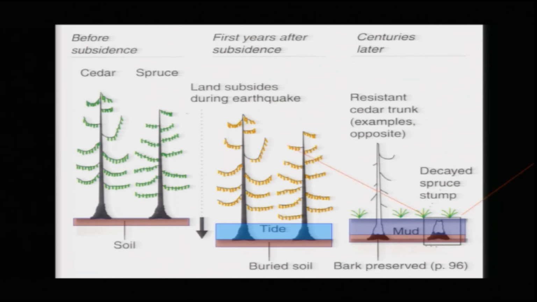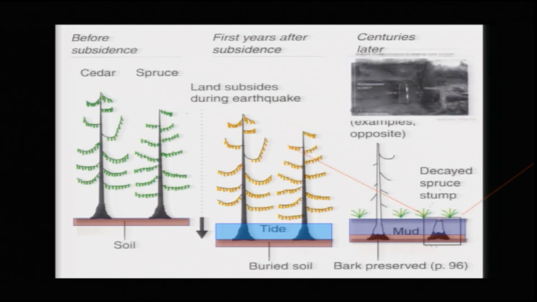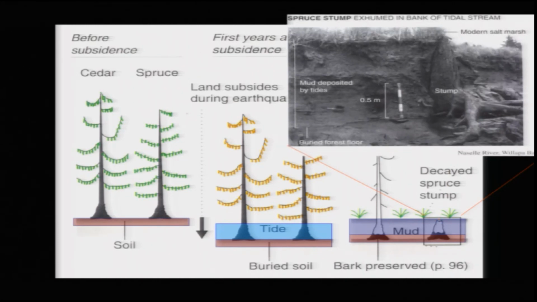So, if you look at this signature, how it looks like, this is from Willapa Bay in the US, which shows the preservation of the trunk of the tree which died because of the subsidence in this region. Okay. So, such examples or signatures we try to look at, if they remain preserved in the sediment succession.